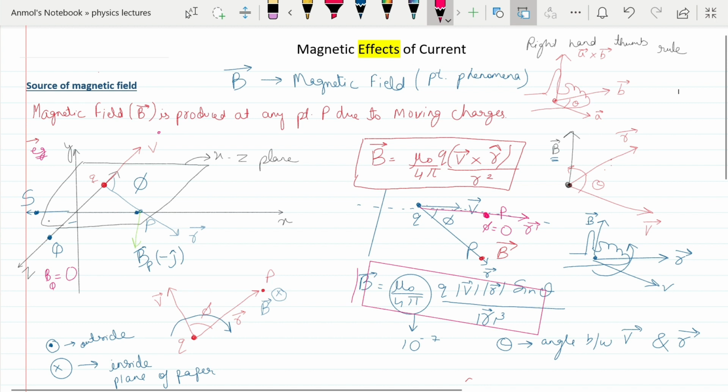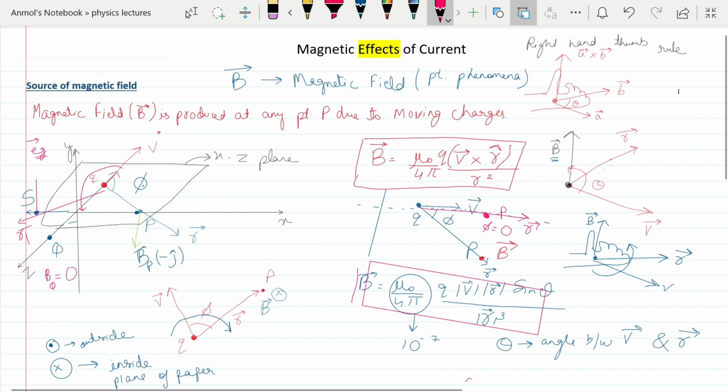Now let us come to point S. If you see at point S, you can make another vector from here which starts from charge Q and goes up to this point. This is, let's suppose, your R dash vector. In that case, I will make V cross R again. When I do this, rotating my fingers from V to R, if we do it from this side, then it will come out of the plane of paper.